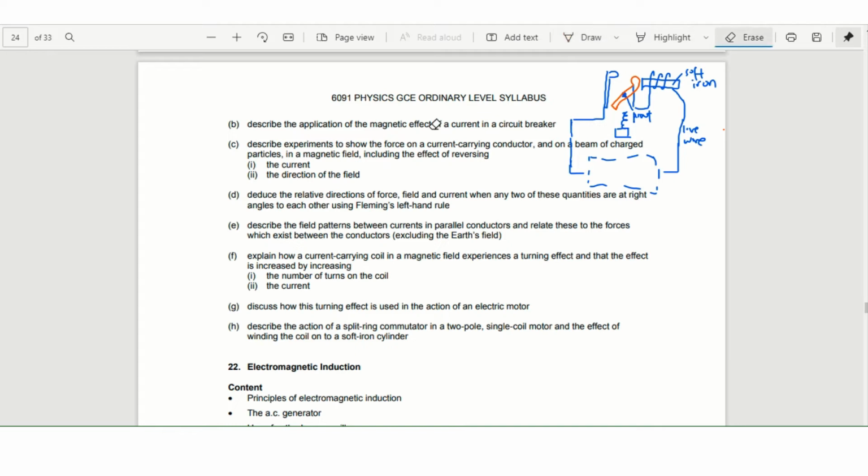All right, now let's go on to part C. In part C, we are asked to describe experiments to show the force on a current carrying conductor and on a beam of charged particles in a magnetic field, including the effect of reversing the current and the direction of the field. Okay, it says a lot of this, but before I go on,